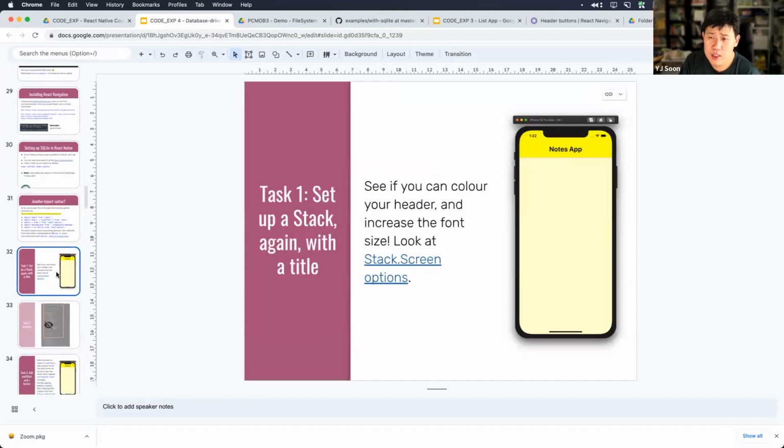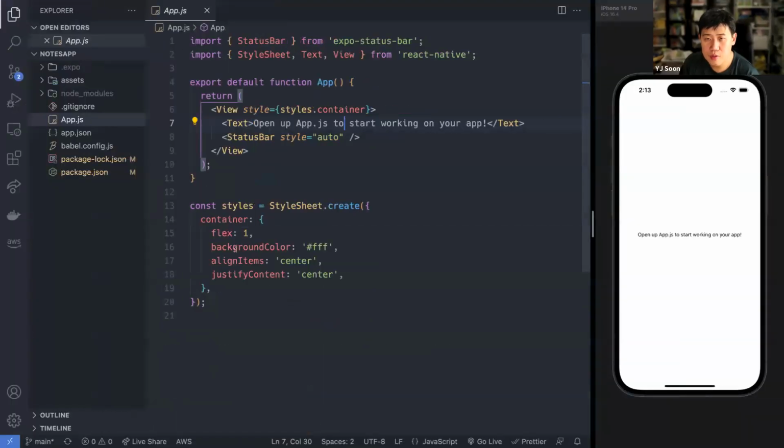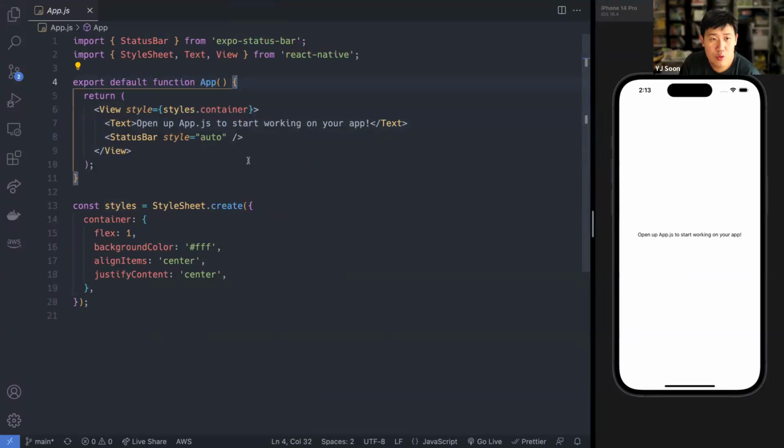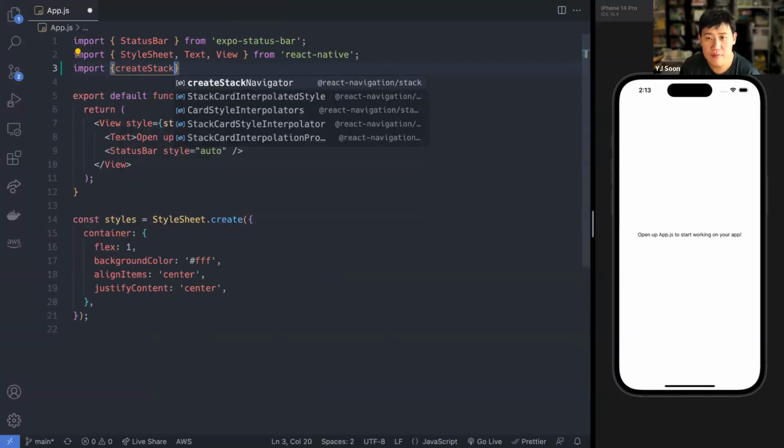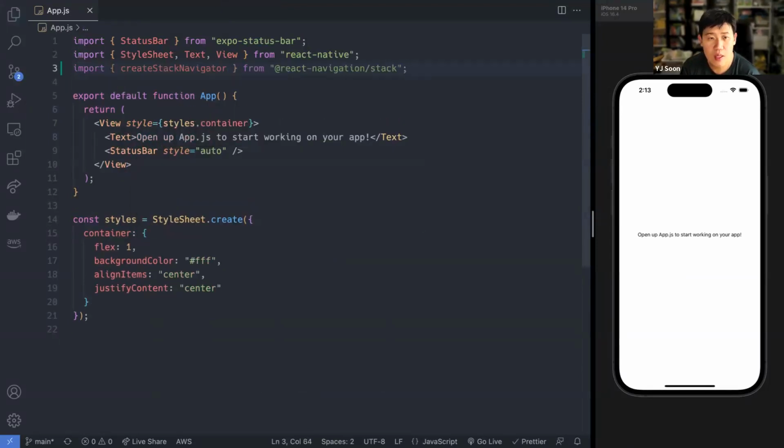Okay, so let's go set up this thing over here. I think this is a better looking navigation than we've ever done before. So let's try this out real quick. Let's close this and close this up a little bit. So what I want to do is import create stack navigator from this. Okay, that's good. And down here, I'm going to need a few things, maybe not. All right, so let's go. This thing is no longer my main. I'm just going to call this the note screen. And this is no longer my default, but now I do need a default.